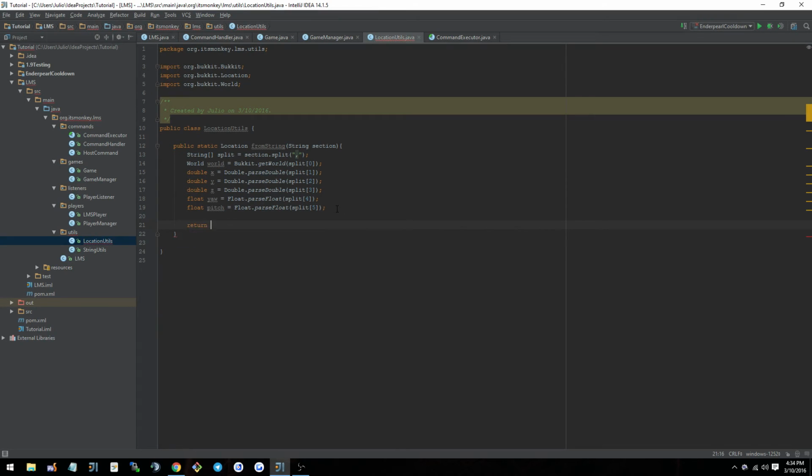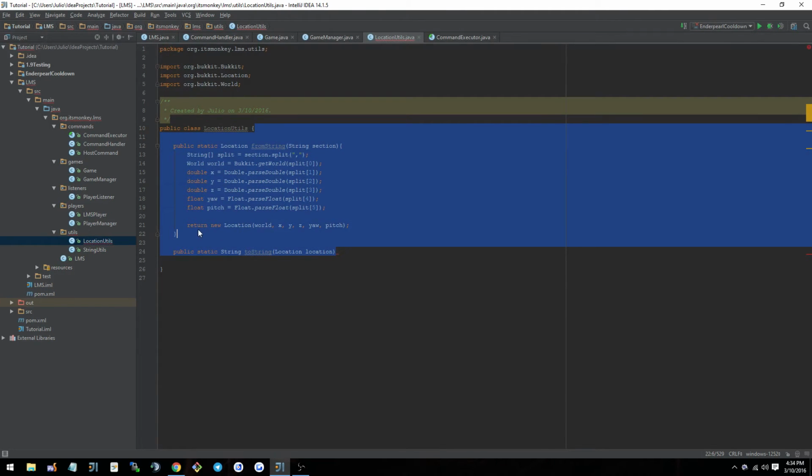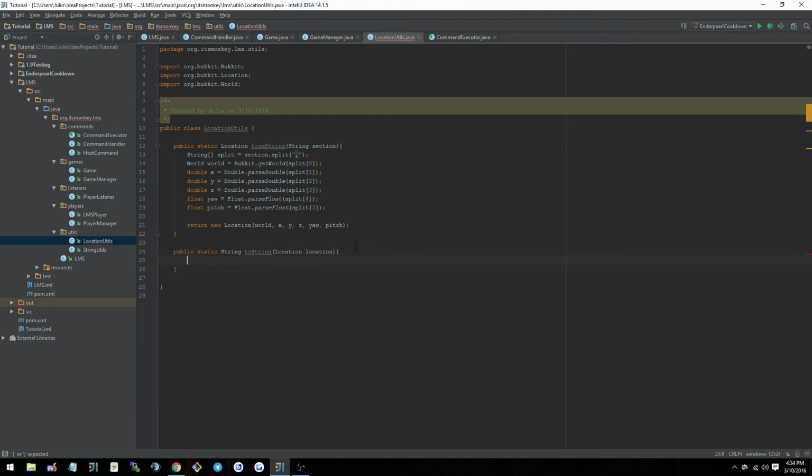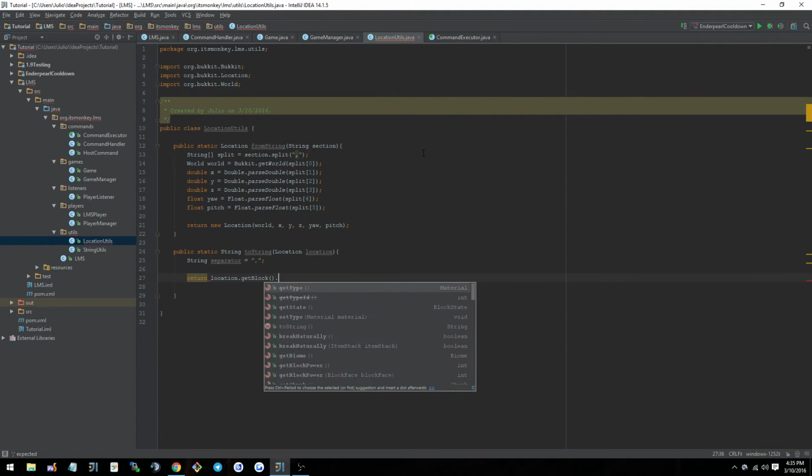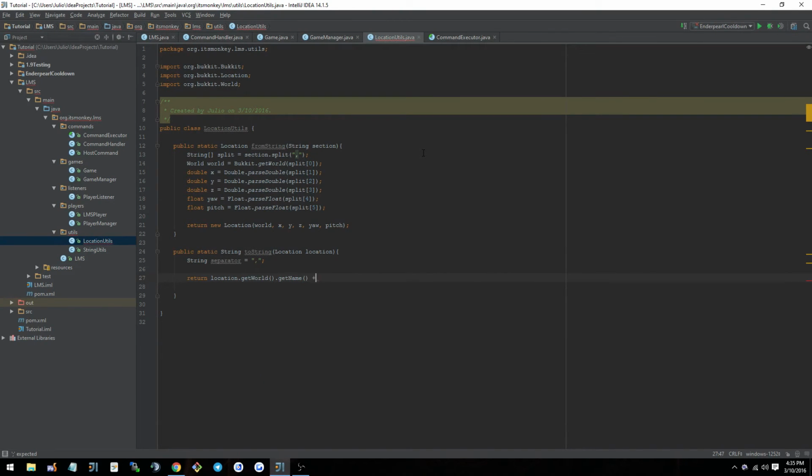Now we can do return new Location(world, x, y, z, yaw, pitch), and now we can go ahead and do public static String toString(Location). Actually, I don't think we're gonna need that one. Oh yeah, actually we are gonna be needing this. So, alright guys, sorry for that interruption. So we're gonna do return location.getWorld().getName() plus separator plus